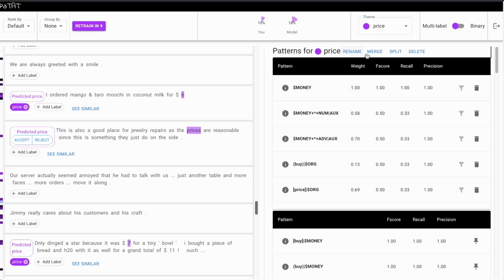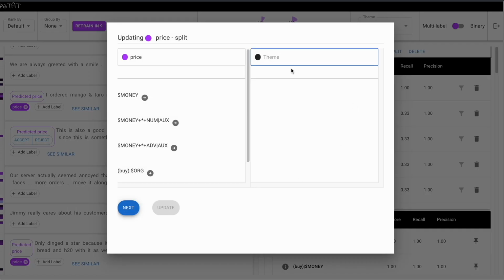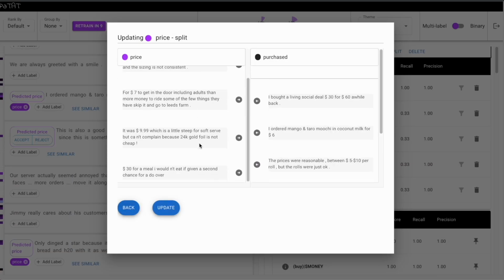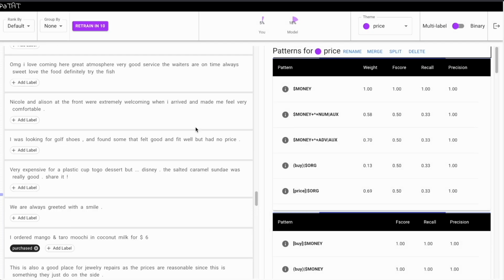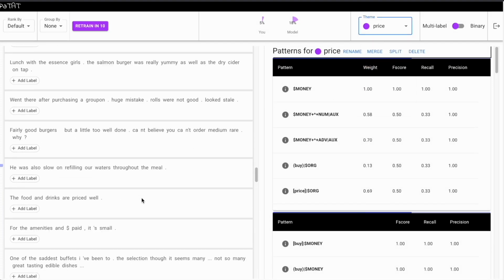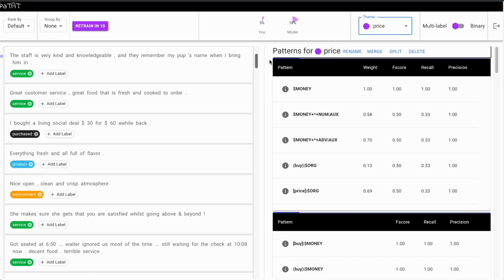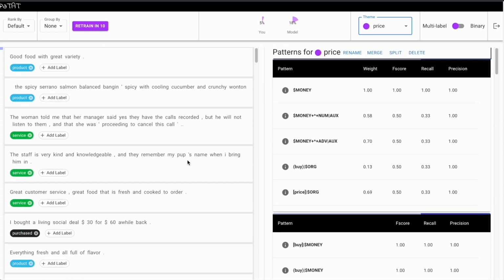A benefit of using human interpretable patterns is that Alan can split a code by patterns instead of relabeling all individual items. Patterns for a theme often naturally represent different semantic clusters within a theme, facilitating the discovery of code revision opportunities. After the merge, split, or revision of codes, the model will automatically retrain to reflect new changes.